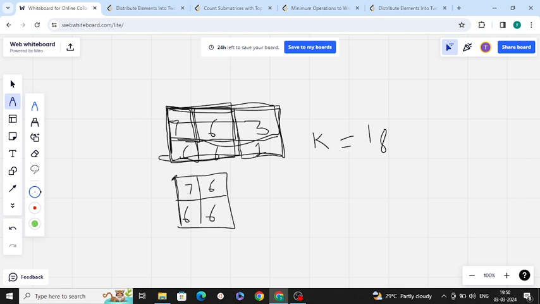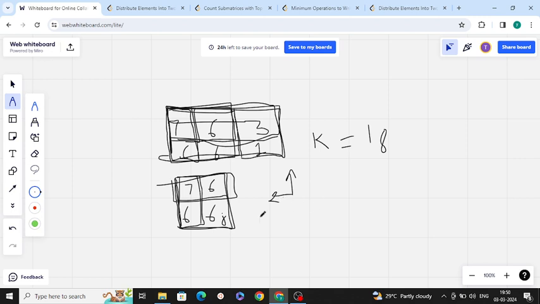After that, if I need to calculate the submatrices with the sum, what I do is add 6 to 7, right? Similarly, if I want to calculate for this, I will add 6 to 7. If I want to calculate for this entire submatrix, what I need to do is, if I am at this index, let's say j, I will take the previous sum from here, because it will store the submatrix sum here, and the uppermost one means like this,